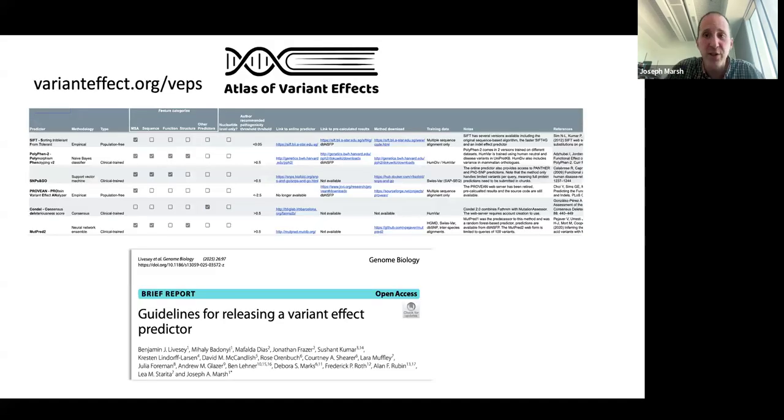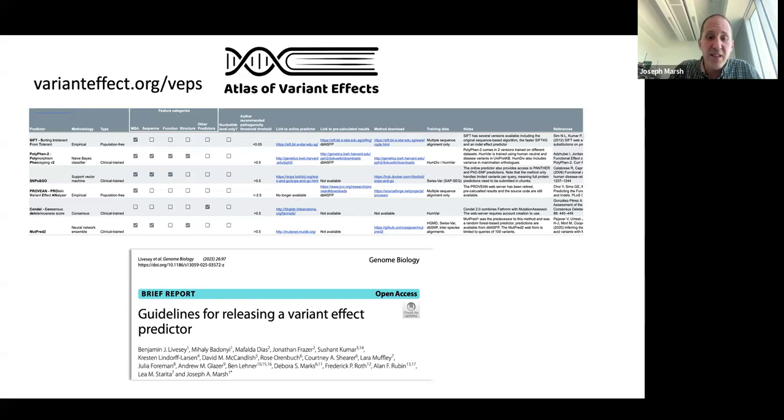And I just wanted to highlight this resource that we've recently put together if you're interested in variant effect predictors. So I work with a group called the Atlas of Variant Effects Alliance, which is really interested in these sort of high throughput experimental approaches and computational approaches for both characterizing and predicting variant effects. So at varianteffect.org, you can see this resource on variant effect predictors that has a lot of background information. We've compiled a big list of predictor tools along with information about what's used in their training, where the methods are available, where you can run predictions or download precompiled predictions.